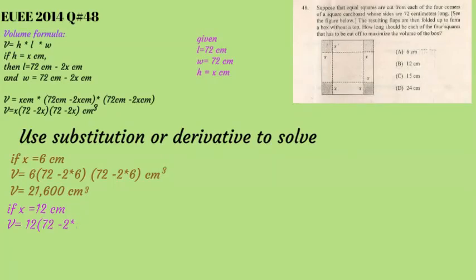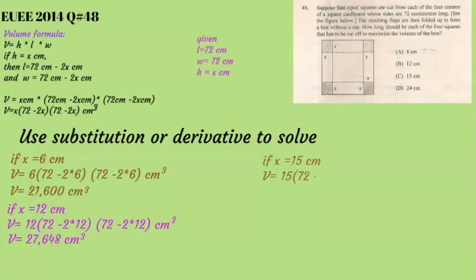And when x is 12, we replace x with 12 and the result will be 27,648 centimeter cube. Let's see the rest of them and compare which one is the correct answer. But this is the correct answer,